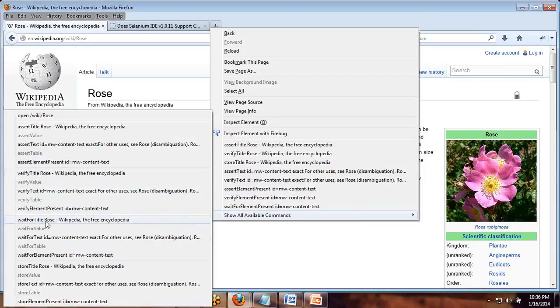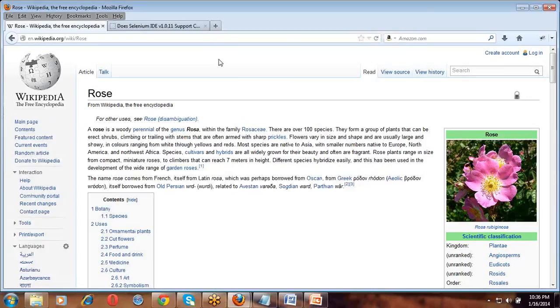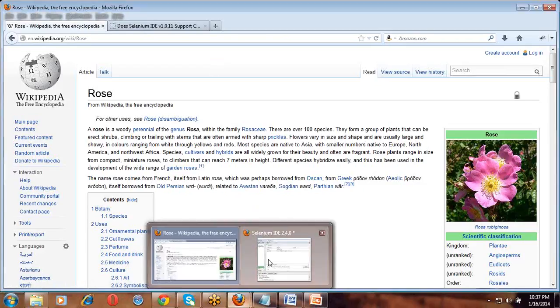After that we have wait for title or wait for commands. Wait for commands, when we use them, they will wait for the element to come onto the page or load onto the page. For example, in this code,